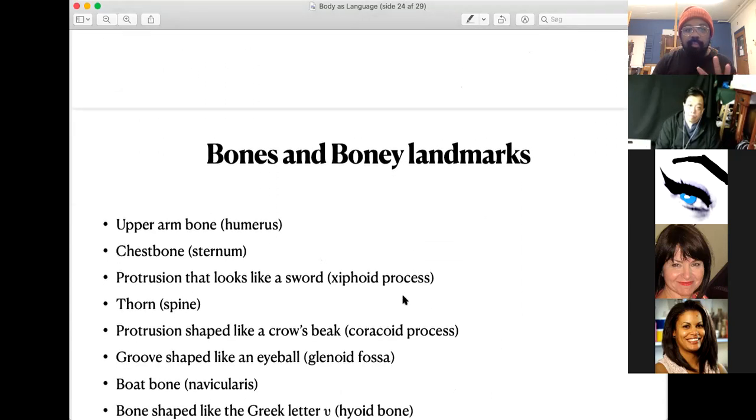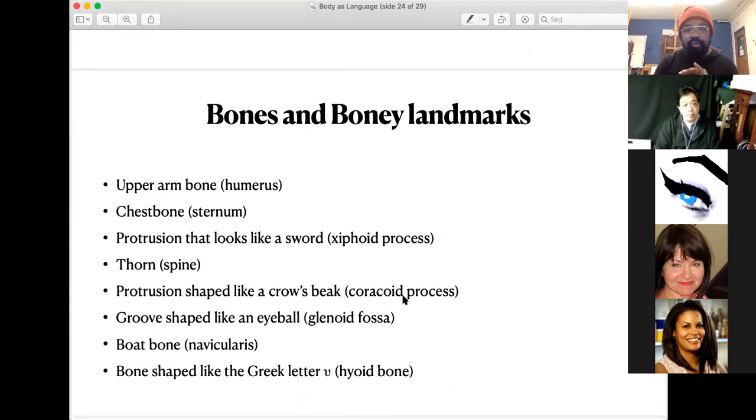Here are a couple of bony landmarks, just some translation, I have muscles soon. The upper arm bone is the humerus, the chest bone, the sternum. The sternum, let me tell you. Okay, so